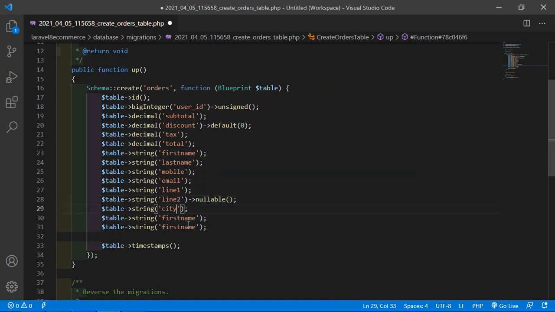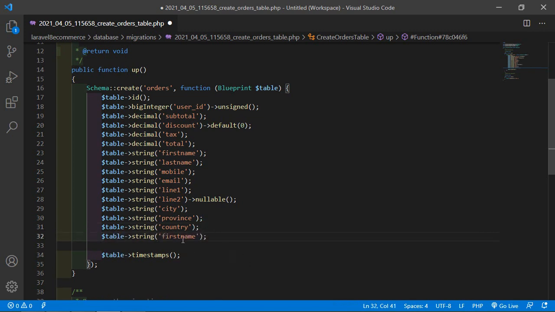Another column which is city, province, okay, and country, and here add the zip code. All right,